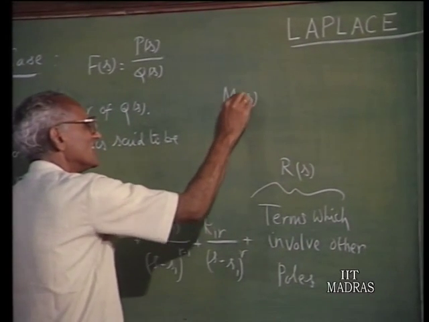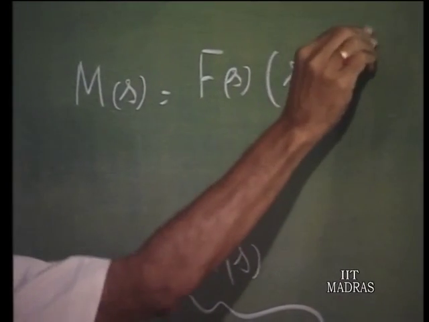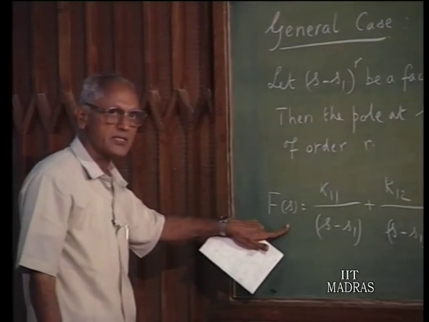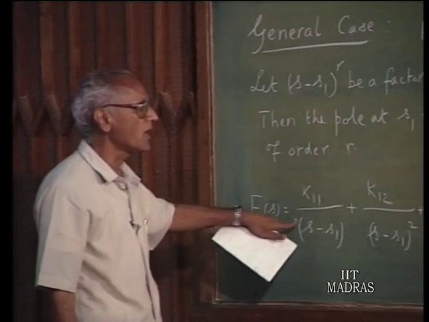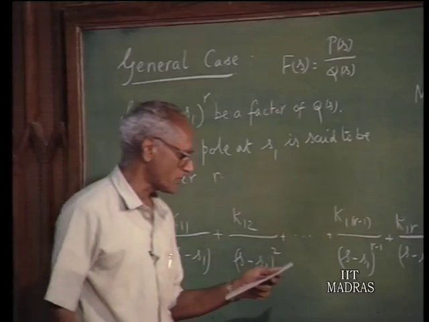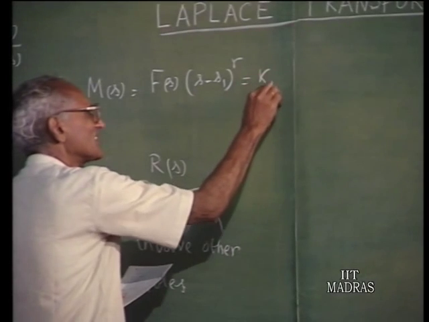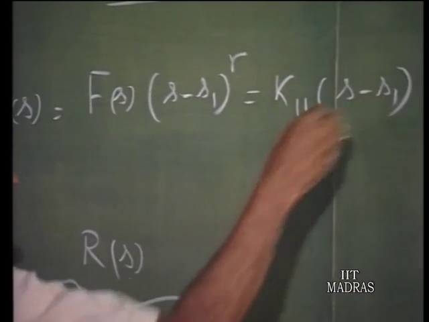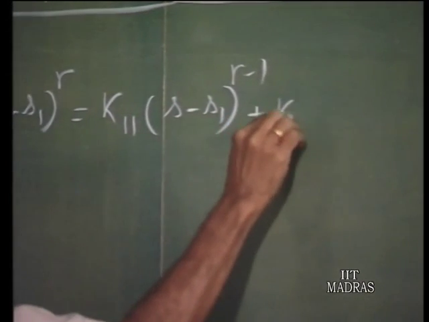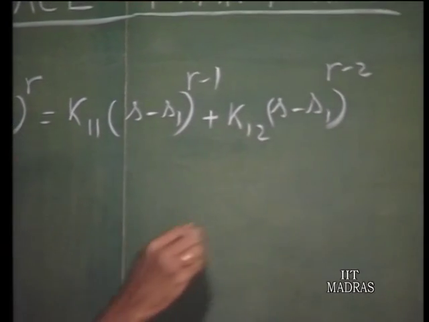Okay. Now, taking the cue from the example which we discussed just now, let me say M(s) is obtained by multiplying F(s) by (s minus s1) raised to the power of r. So, this is the partial fraction expansion of F(s). You multiply this by (s minus s1) raised to the power of r, then this entire group of terms will be multiplied by (s minus s1) raised to the power of r. Therefore, that will turn out to be k11 times (s minus s1) raised to the power of (r minus 1) plus k12 times (s minus s1) raised to the power of (r minus 2) down the line,